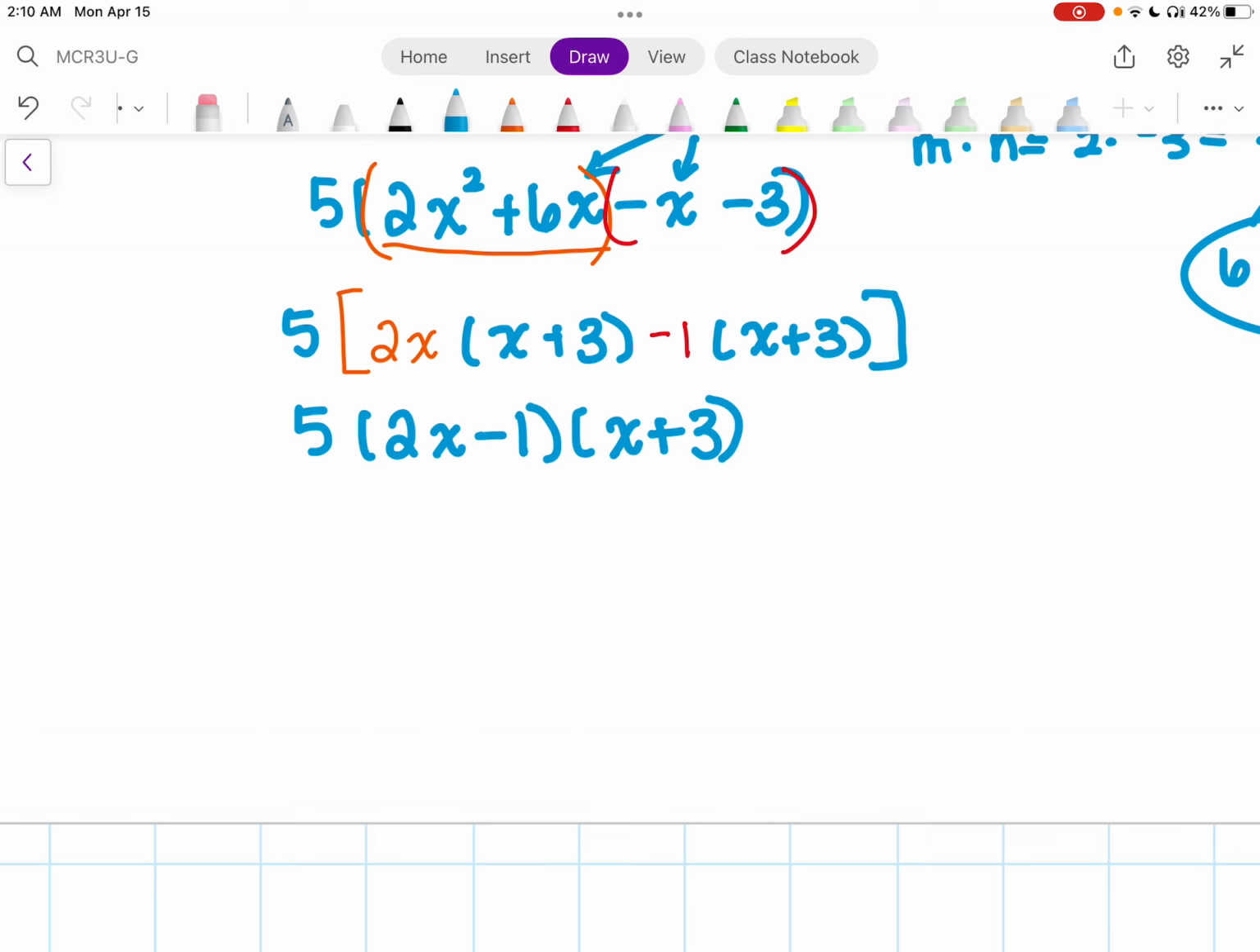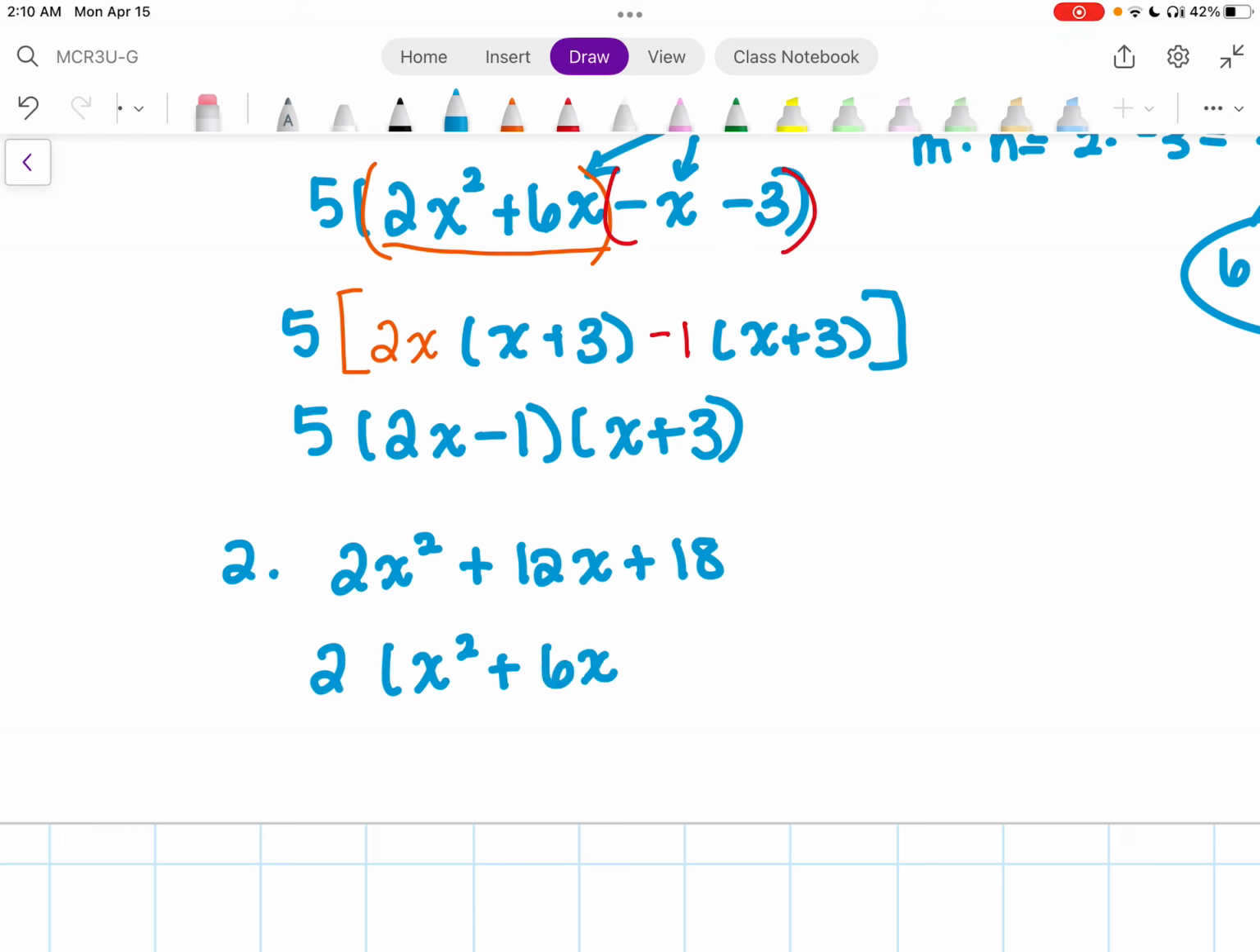I'm going to move on to my denominator. So my denominator is 2x squared plus 12x plus 18, right? Right off the bat, I know I can pull out the 2 from here. I have x squared plus 6x plus 9. I look at this and I see that this is a square rootable number. This is a square rootable number. 3 times x times 2 is equal to 6x. So I know that this is what we call a perfect